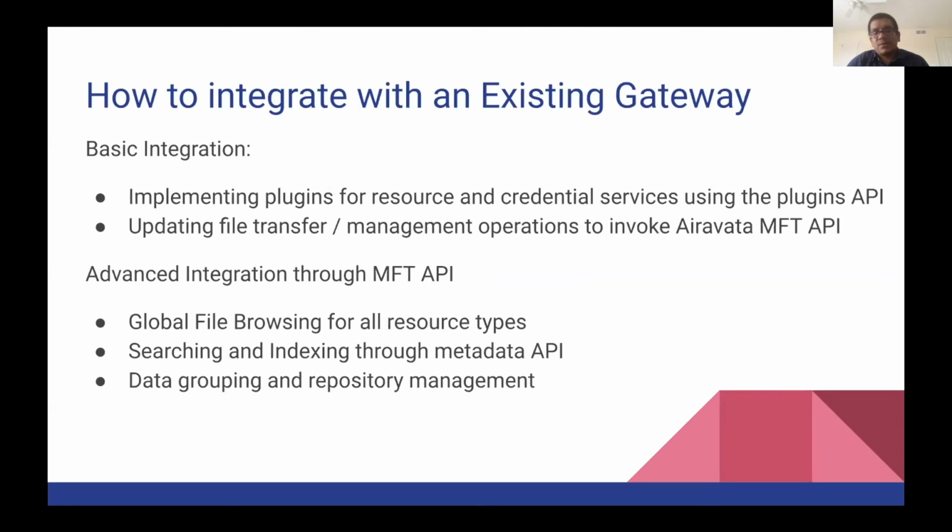Now I'm going to briefly go through, let's say you have a gateway, and how do you integrate the Airavata MFT platform. First, as I mentioned in an earlier slide, you need to have plugins for your credentials and resource backends. Once you have configured that, you have to change some code fragments of your gateway. Instead of doing the transfer manually, you can talk to the MFT APIs,